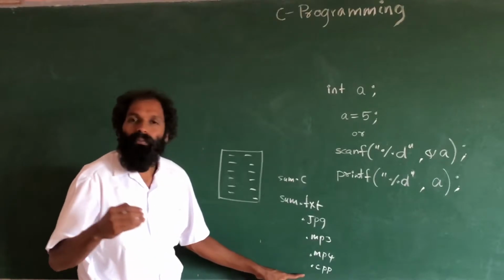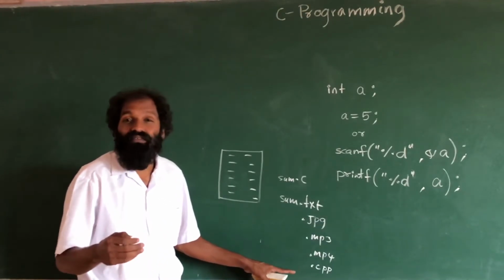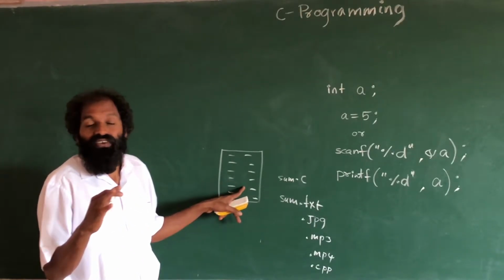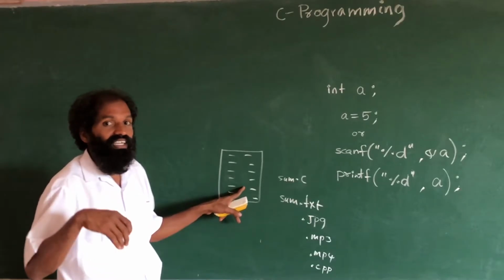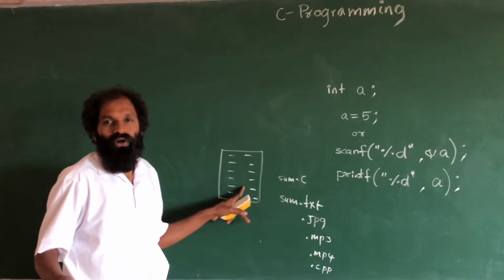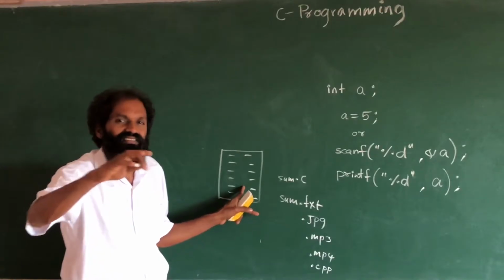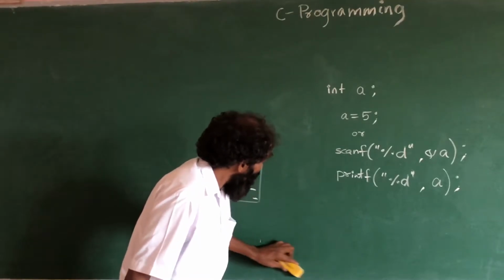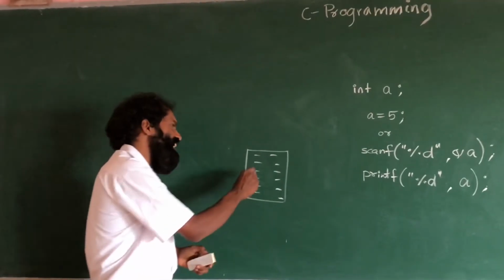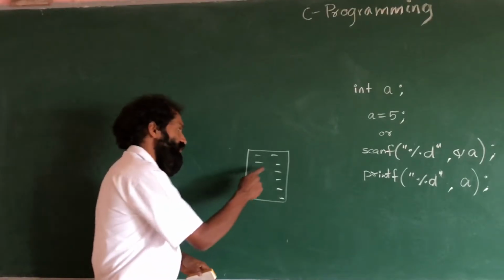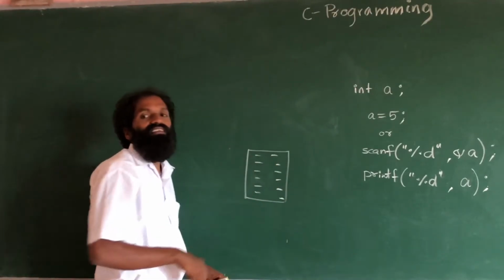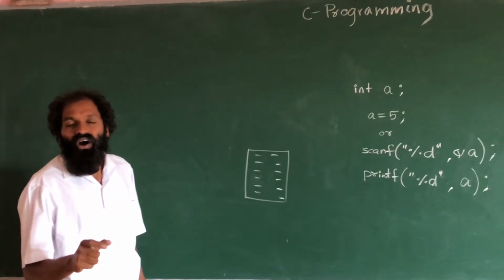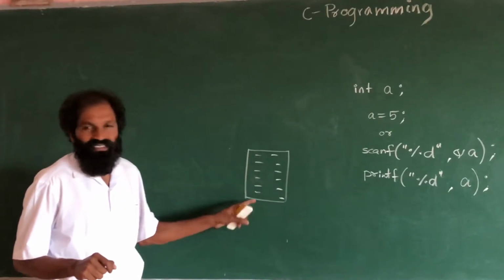Based on this, we can recognize what kind of data is inside. We cannot otherwise know what the kind of data is, whether it is audio, video, photo, or a C program, but these we can recognize. Okay. Now, we need to create a file, and inside we have to write the content. Whatever we write inside, all these instructions are called program code, or simply instructions, a set of instructions.